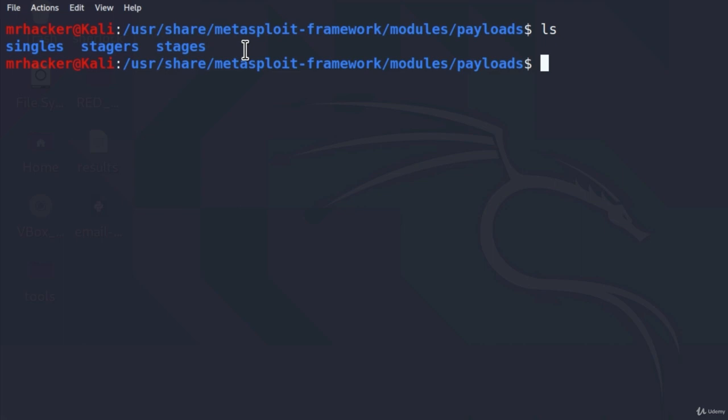We can download files, upload files, record microphone conversation, run webcams on the target machine, take screenshots of their desktop, and many other things we can do with the meterpreter. So once we are exploiting a target, meterpreter is usually what we want to run on that target after an exploit. If I go to the stagers directory right here, so cd stagers,